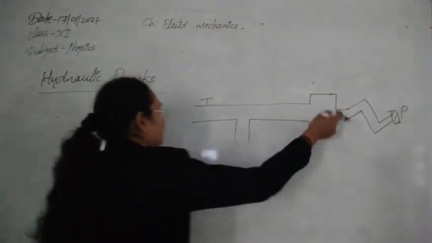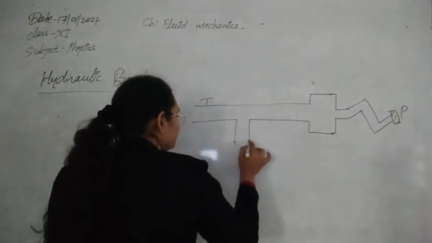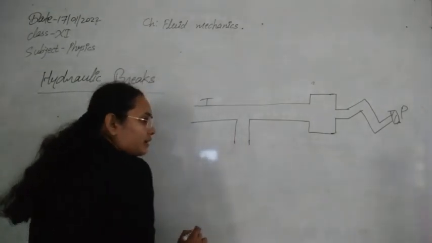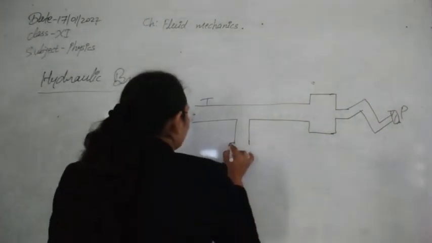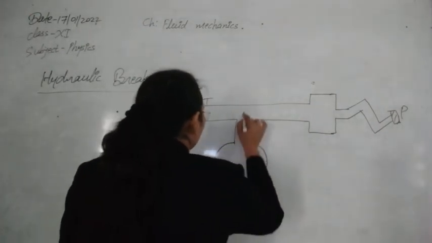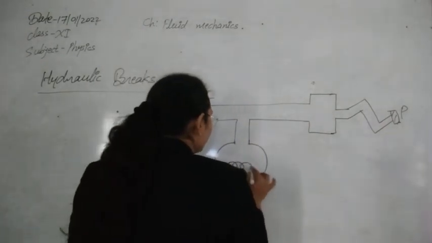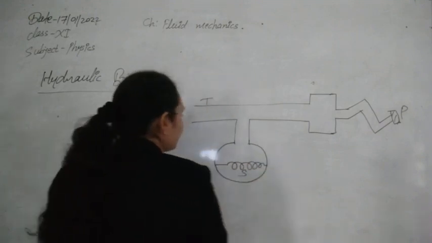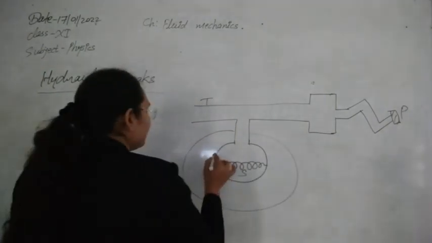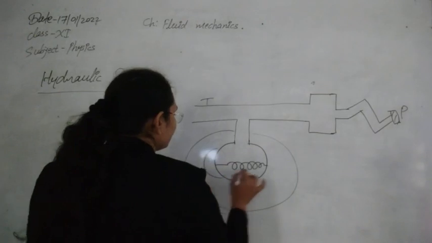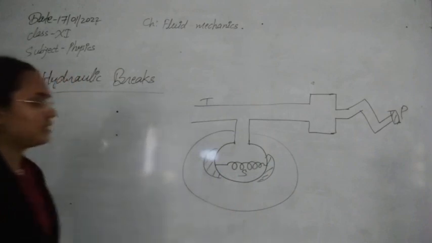Then this whole system is connected to two other pistons. In all of this we are putting the liquid, oil, and we have also used a spring, this is the spring S. This one is the rim of the wheel, and we are using some pistons on this side. Suppose these are the two pistons, or brakes, that we have applied.